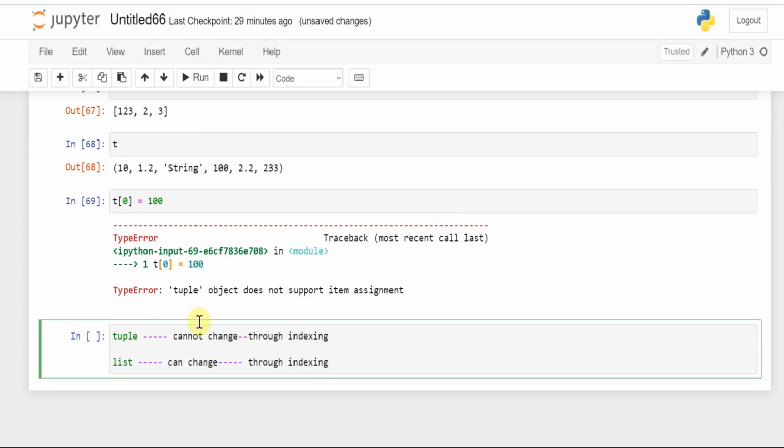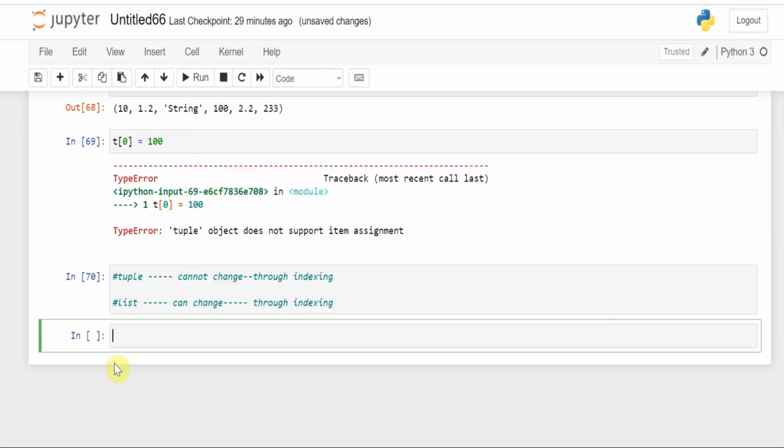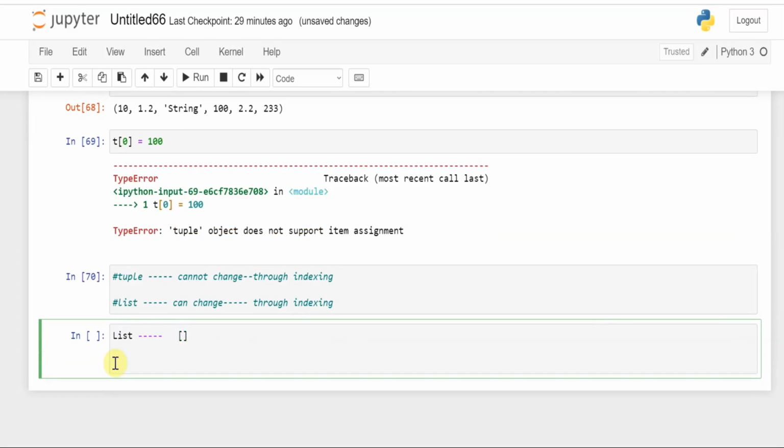So understand this concept: a tuple cannot change the values, and a list can change the values. And one more thing to understand: lists are in brackets, and tuples are in parentheses. Understand this concept also.